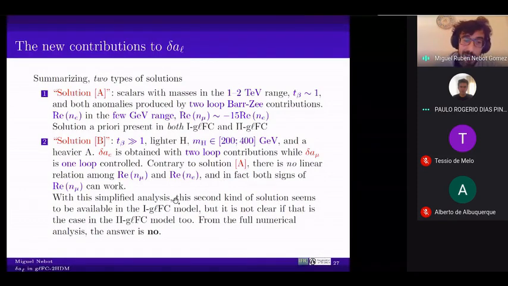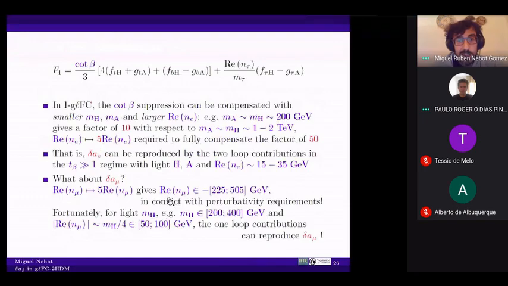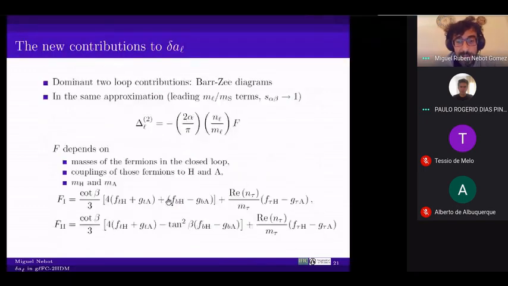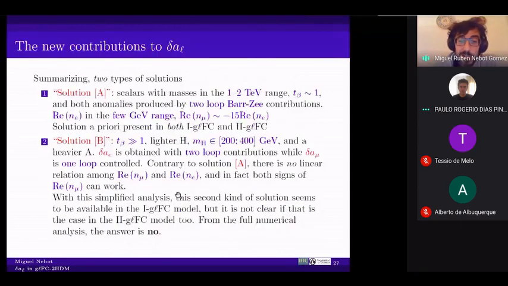The thing is that I have a reason to think this is fine in model 1. It's not so clear that one can extend that to model 2 because we had additional tan beta dependencies here that were different from the model 1 case. And in principle, it's not guaranteed that it might work. When you do the full analysis that I will discuss in a moment, the fact is that this second peculiar region is absent in the second model. So in one model, you have two different regimes. In the other, we are restricted to this large mass regime.